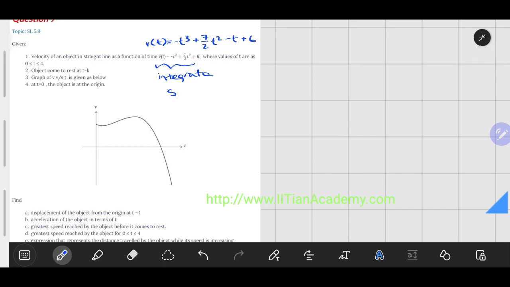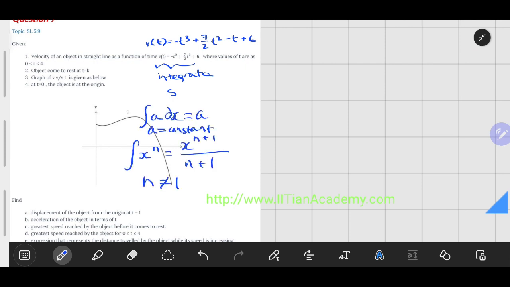Now to integrate the equation, we'll require two integrals. The integrals we will be using are right here, 1 and 2, where the first integral is for a constant, where a is a constant, we have a dx, and it will become ax. And for the second integral, we have x to some power n, where n cannot equal negative 1, becomes x to the power of n plus 1 divided by n plus 1. So we will use this for each one of our terms respectively. So the equation will become, for s at t, the position equation,